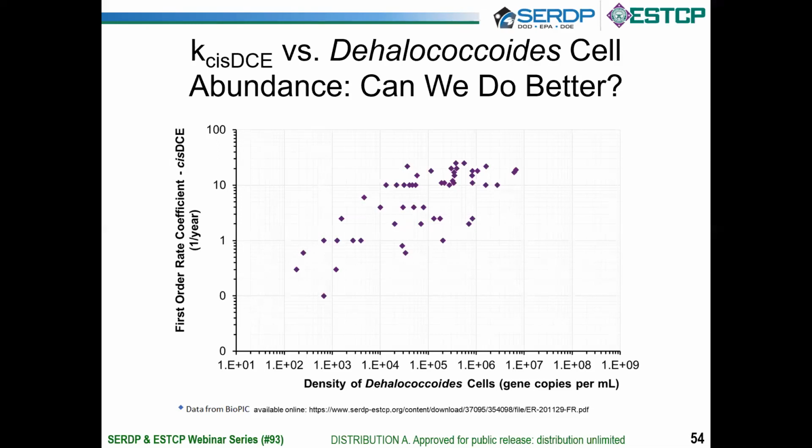And we see a plot of those two. The DHC abundance is on the x-axis and the rate coefficient for cis-DCE is on the y-axis. There's a lot of spread in this data. So really our motivation was if we had plotted the rate coefficients versus protein abundances, we hypothesized that relationship would